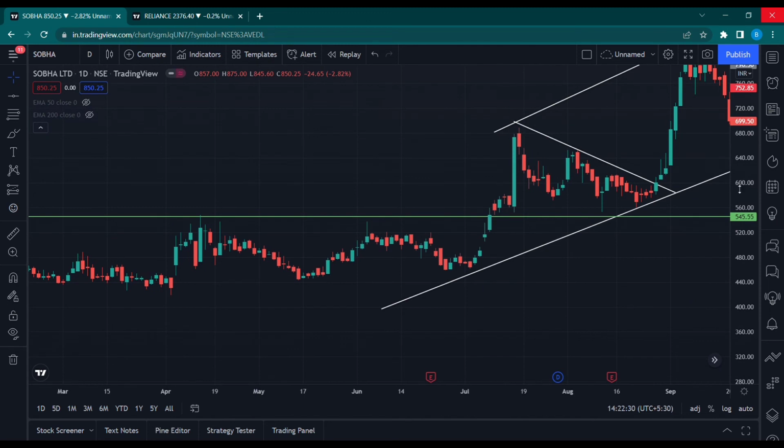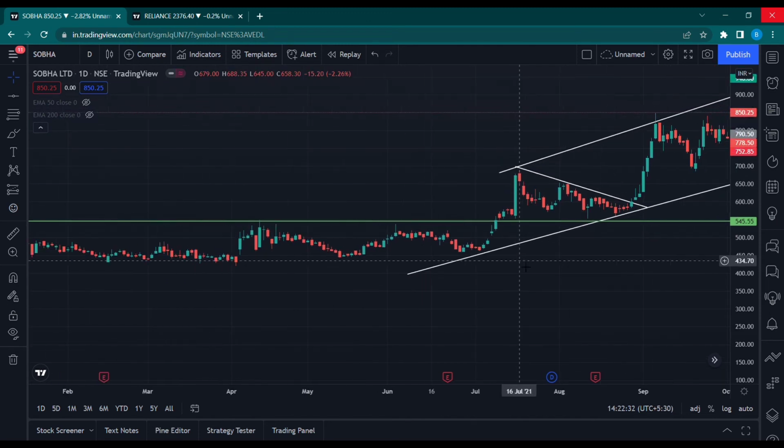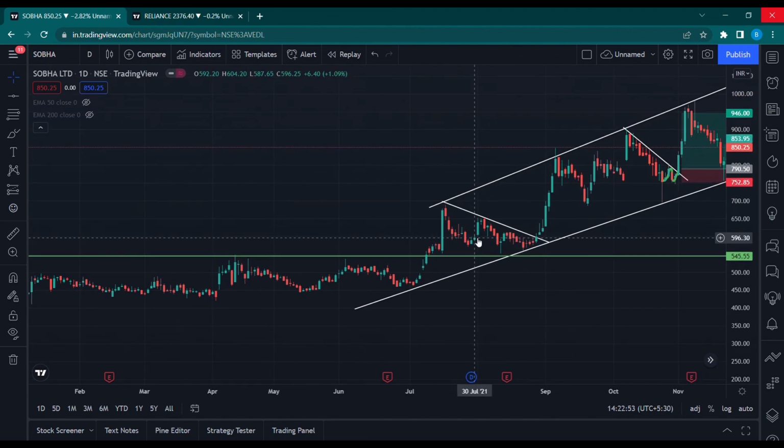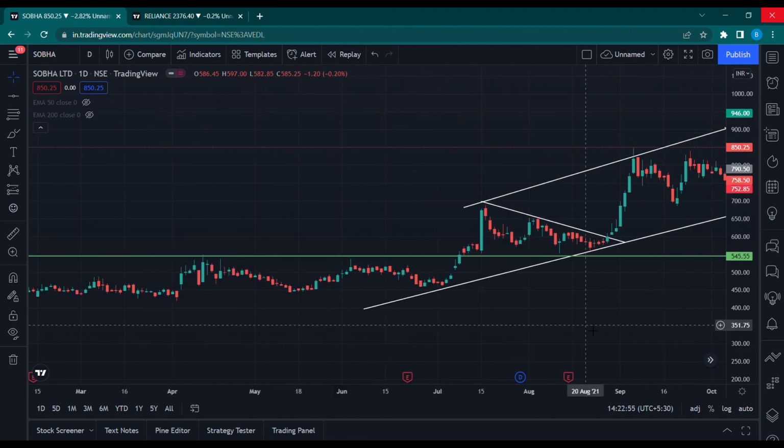Whenever a resistance gets broken from the downside to the upside with some good momentum, and if the breakout sustains, then this is what we call a CIP zone, a change in polarity. Resistance gets converted into a support. As you see, this was a prior resistance. Once the prices broke this, it took support at the prior resistance. This is what we call a CIP zone.